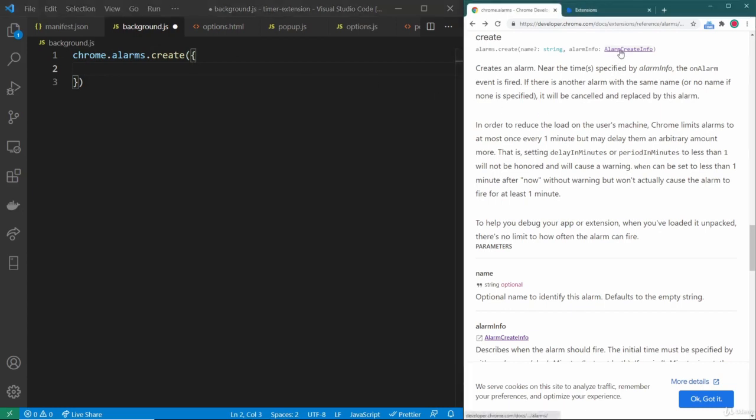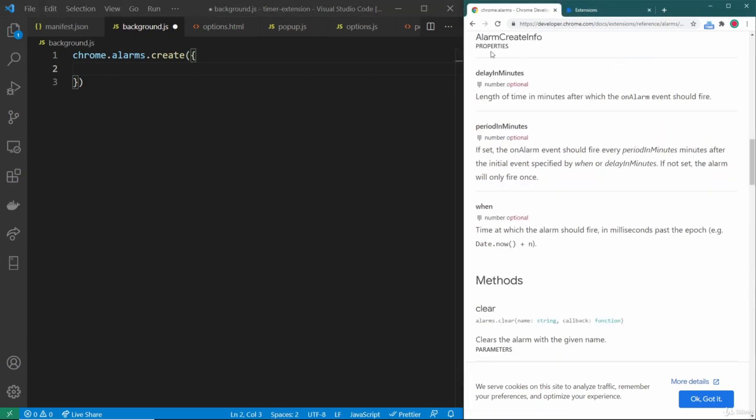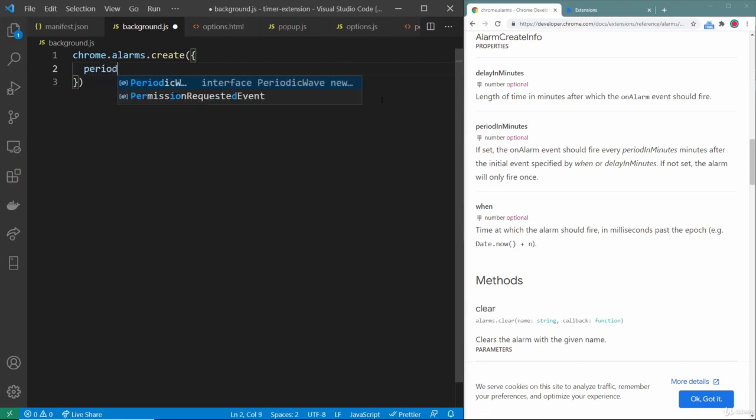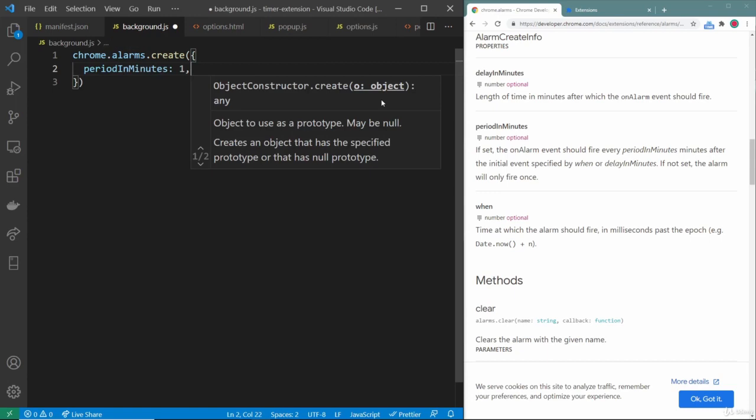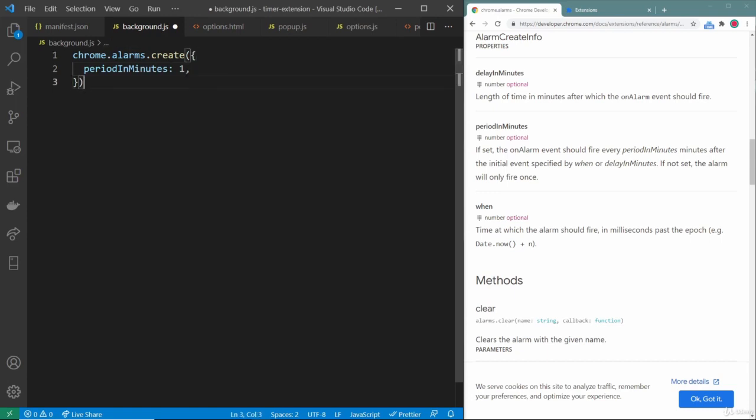And if we actually click on alarm create info, it tells us the properties of this object. And the only one that we're actually worried about is period in minutes, because the period in minutes will determine how long in between every alarm event. So if we set period in minutes to 1, what happens is that the alarm event will fire every 1 minute. But if we do 1 divided by 60, then the alarm will fire every 1 second, because 1/60th of a